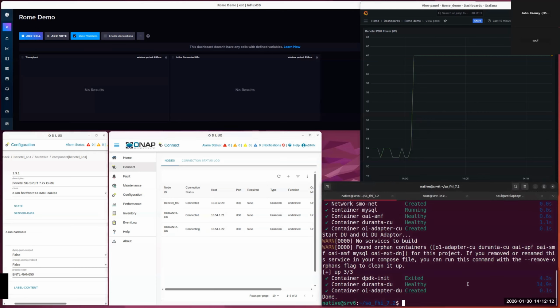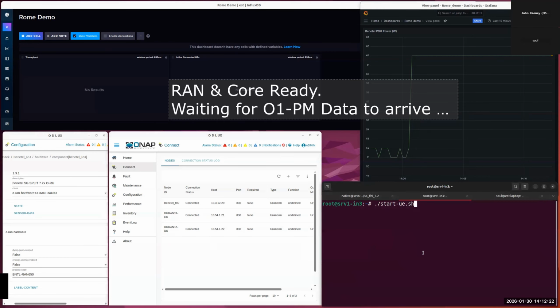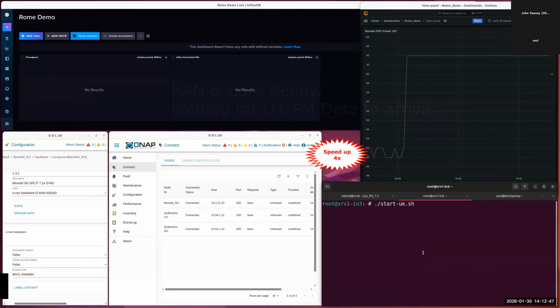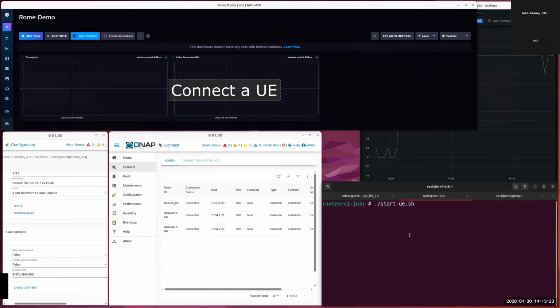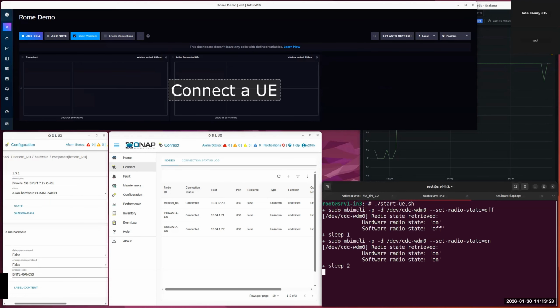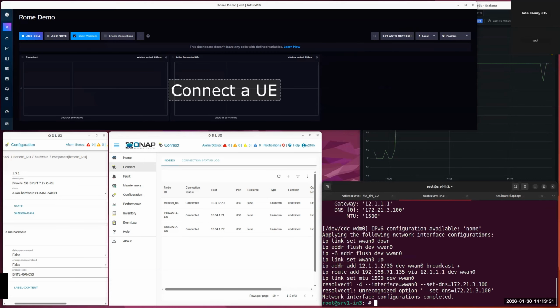So first of all, we kicked off and started the Duranta RAN functions and the OAI core network. Okay. So you will then see now that the RAN nodes and the core are ready, and our SMO functions are waiting for some O1PM data to be collected from the ODU. Okay, so once we see that some PM data has been collected over the O1 interface, we will now connect